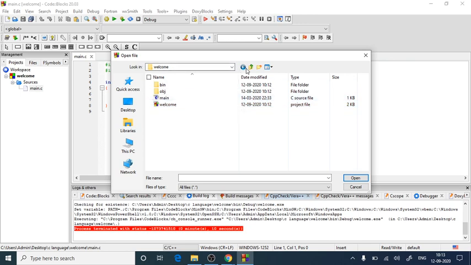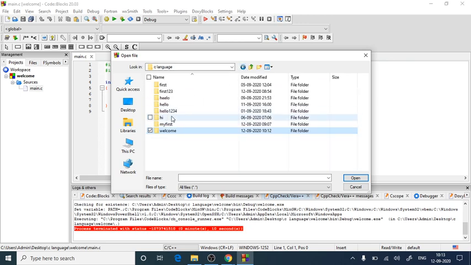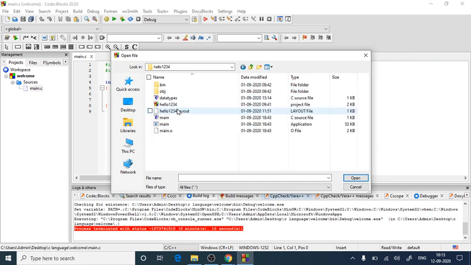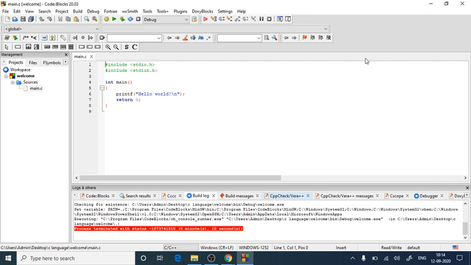As I told you, I have made many other projects, so let's open another one. If you open hello 1 2 3 4, you can see I have made one more program, data types, in this project. Here are main and data types. So one more program I have made under the Hello123 project, and it is listed over here. This way you can make your projects and list your programs under that project.